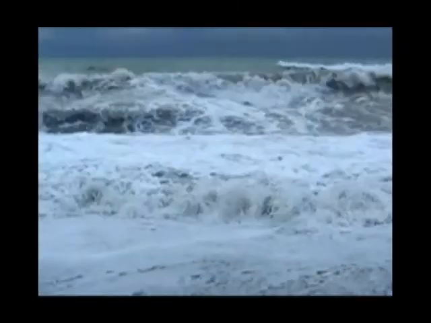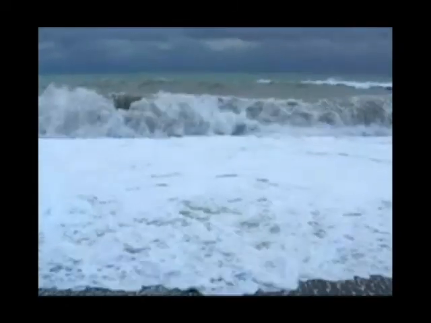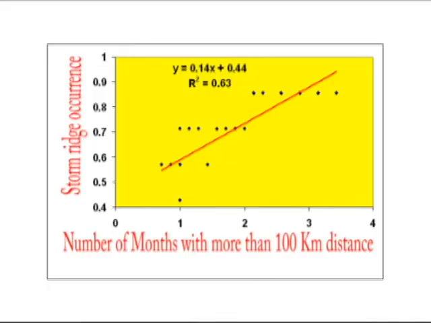At least 100 km of free ocean distance is necessary for waves to be formed and be strong enough to create the ridges. We call it effective sea ice distance. After measuring the mean monthly sea ice distance from the catchment